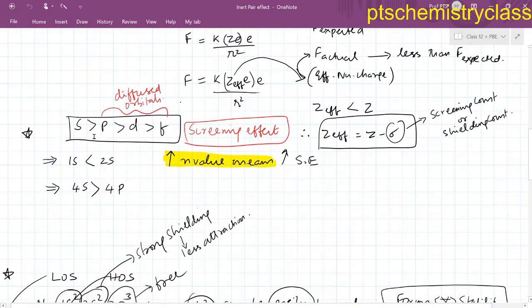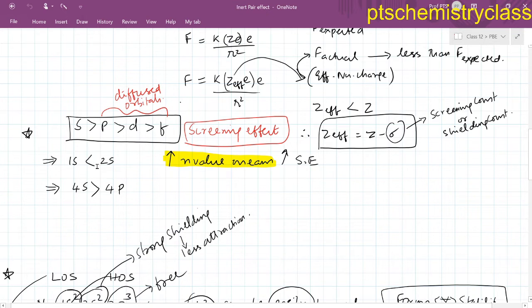Now, orbital shielding, how will the orbital shielding be? The orbital shielding will be in this order. That is, the s orbital will have the maximum shielding and the f orbital will have the lowest shielding. The p orbital, d orbital and f orbital have less shielding than the s orbital because of their diffused shape in nature. If you remember the shape of the p and d orbitals, it is dumbbell shaped and diffused. That is why they have less screening effect compared to the s orbital.